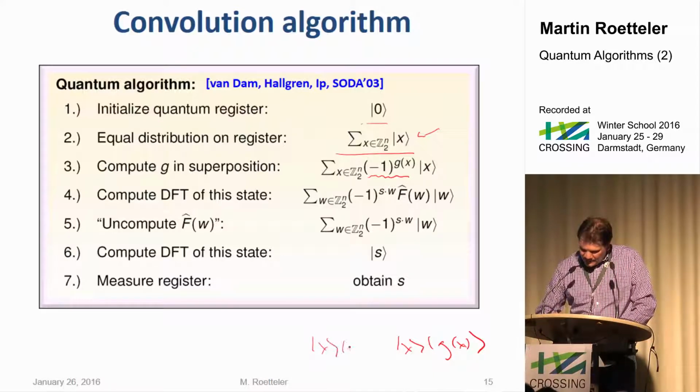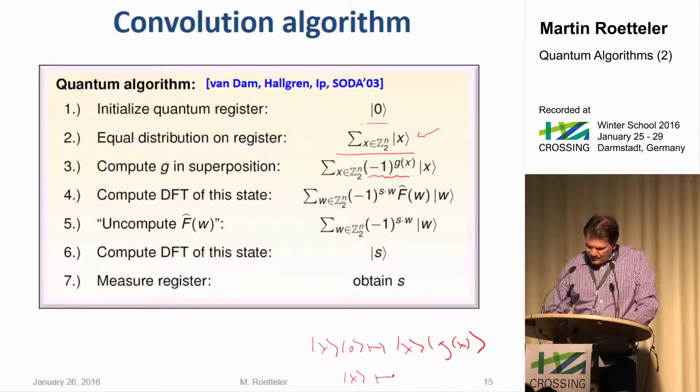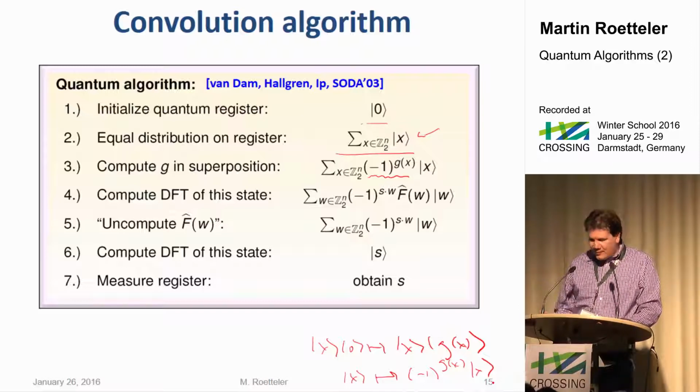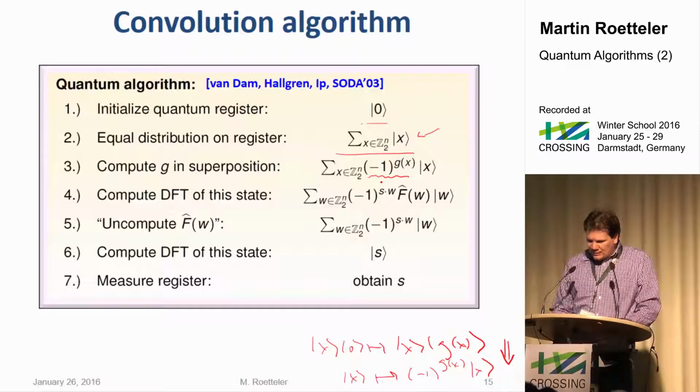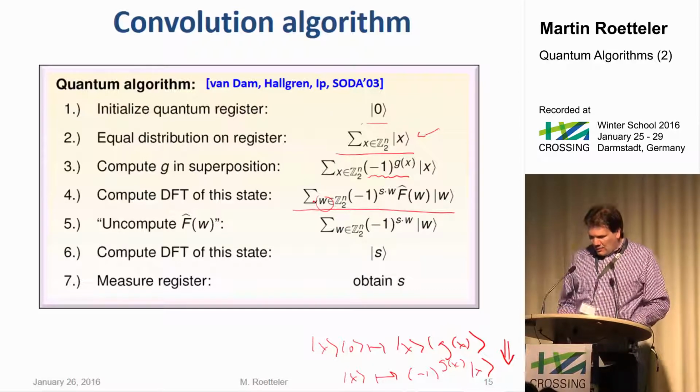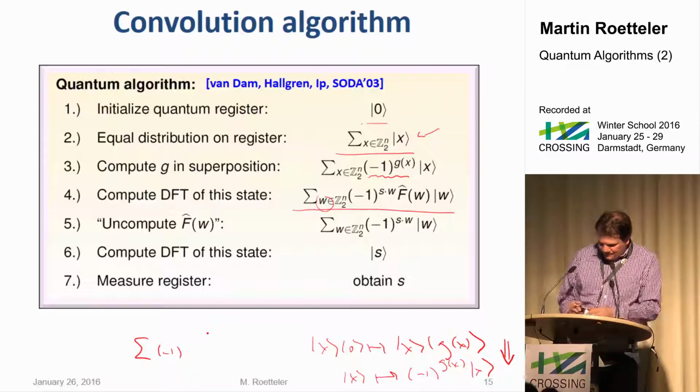But the bottom line is, whenever you have a function that you implement like this, right? So suppose you have a circuit that does this, you can always turn it into a circuit that computes it into the phase like this. Okay. Vice versa, it's unfortunately not true, but this way it always works. But if you have a box that does this, you can use phase kickback to make this. So you do that, and you have the circuit for g, create this state, and then you just perform a Fourier transform. What the Fourier transform does is, well, you get now a spectrum, and mathematically you can write it down like this. It's the sum of all these frequencies w, and you get some Fourier coefficients for the function g,